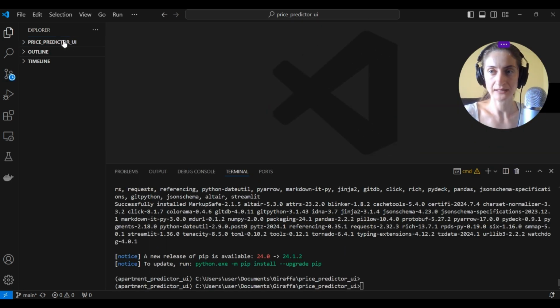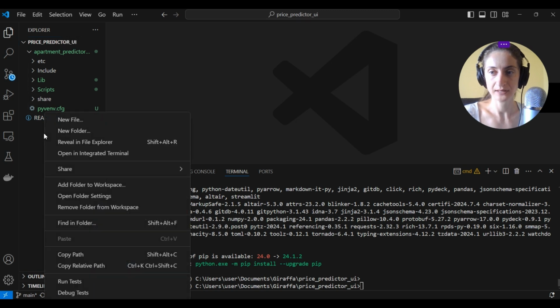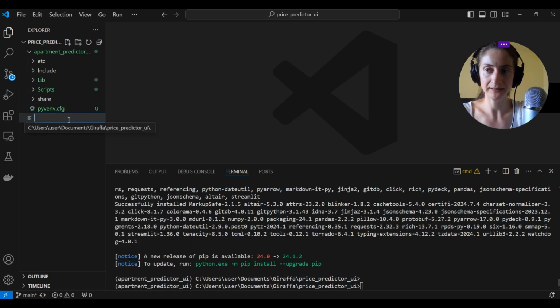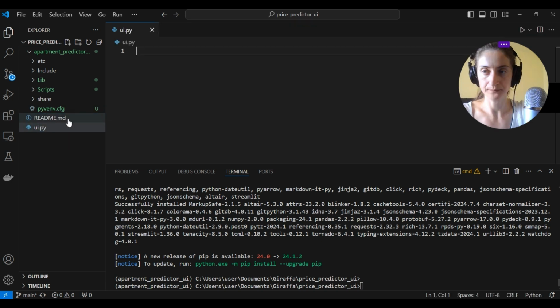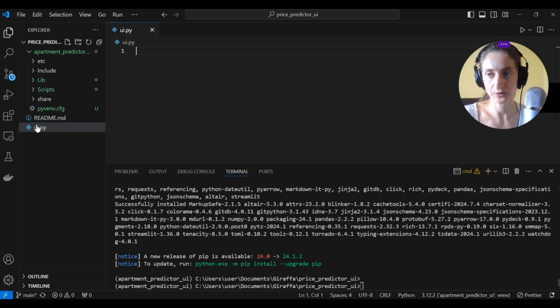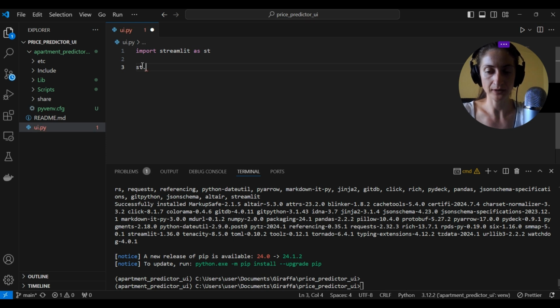Now we can create a file inside our folder, a Python file, which is going to be called UI.py. So here we are going to build the application. We'll put it in the folder price predictor. And the first thing we are doing is importing Streamlit. And now let's give our application a title, a header, let's say